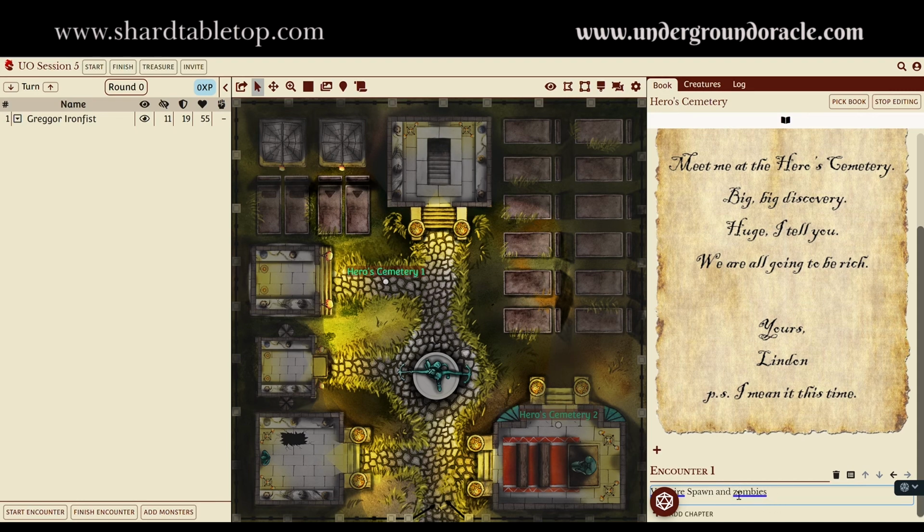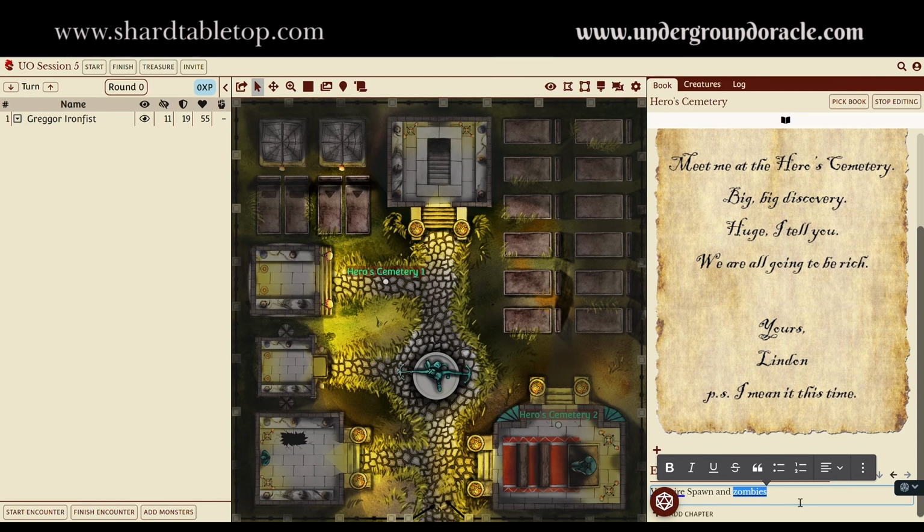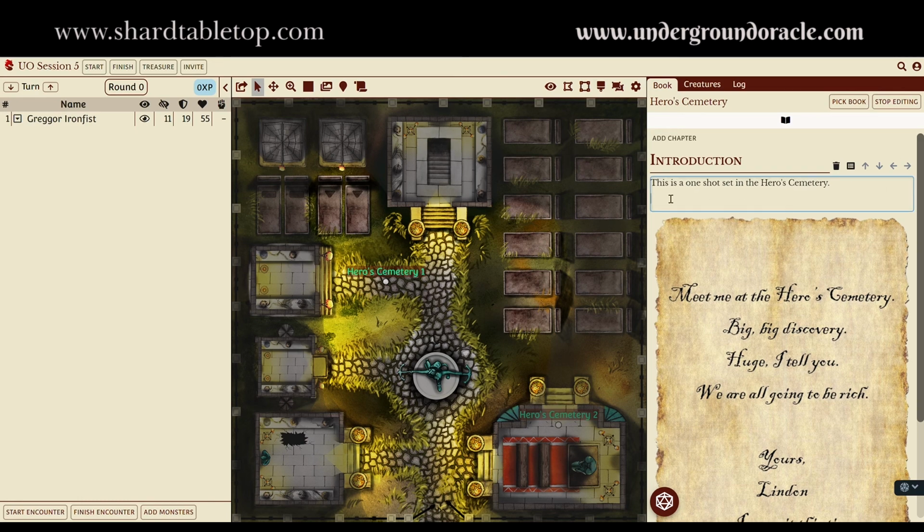You'll notice it's highlighting the text here. If I wanted to create a link to the zombie stat block, I could do that here. And set a link there if I wanted that. There's no reason I have to do that here because I've already got the encounter predefined and all those monsters are in it. But just for grins, I'll show it. And in a bit, I'm going to start playing this session, and I will show you a bit about how this plays out. So here's my handout, and